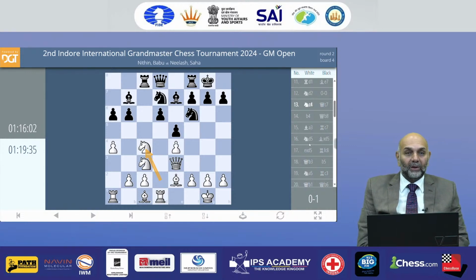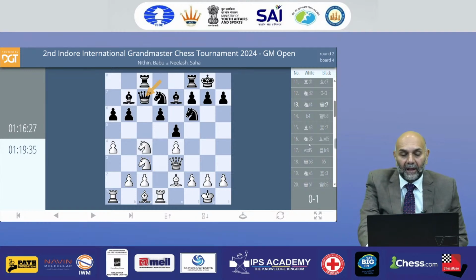This position was studied best by Soviet grandmasters, Boleslavsky, and subsequently Furman and Geller, and then the real master of this pawn structure was Anatoly Karpov, world champion, who won almost all the games in this pawn structure with the white side. And in fact, Kasparov never played this pawn structure against Karpov even once. So that's also a very important factor, that sometimes some players develop specific skill in a particular position, and that is what we see. If the players have specific skill in this position, they are likely to do better.